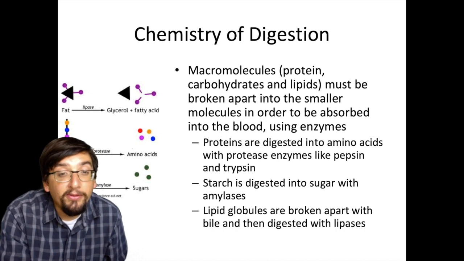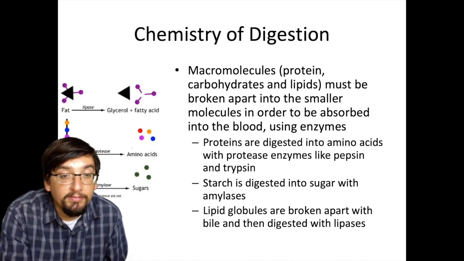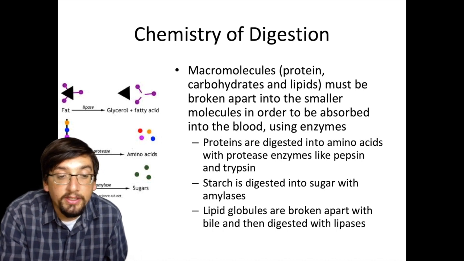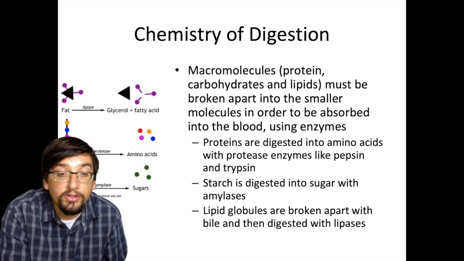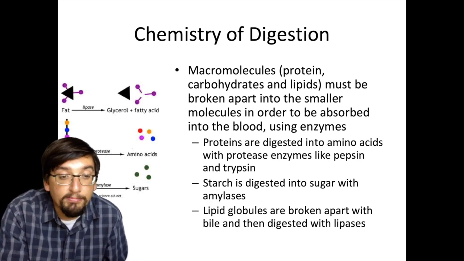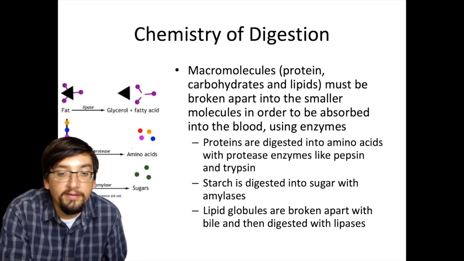So nowadays, by the way, if they find someone who is on the verge of death from starvation, whether they've been imprisoned or if they're at end stage anorexia nervosa or whatever, you have to give them an IV now, because your digestive system actually requires energy in order to do this breaking down, to actually produce the digestive